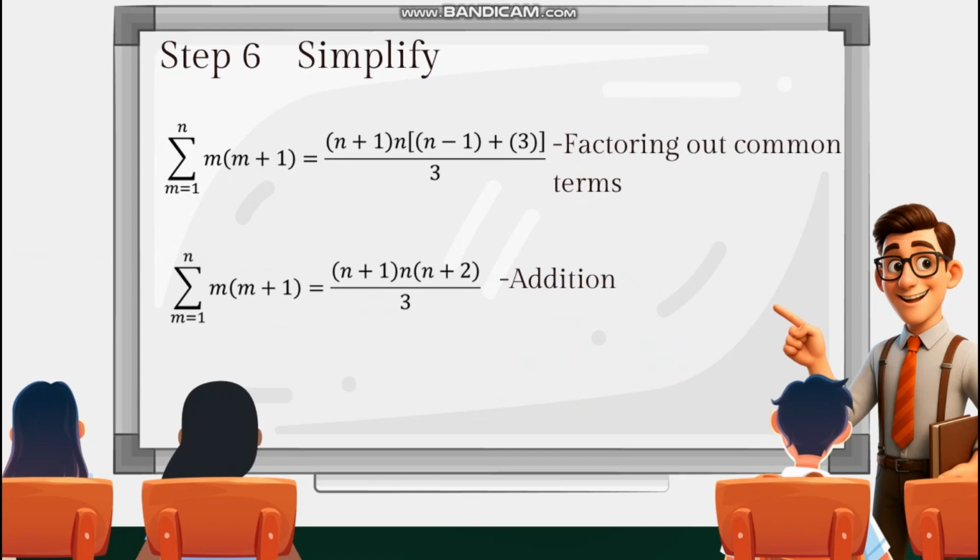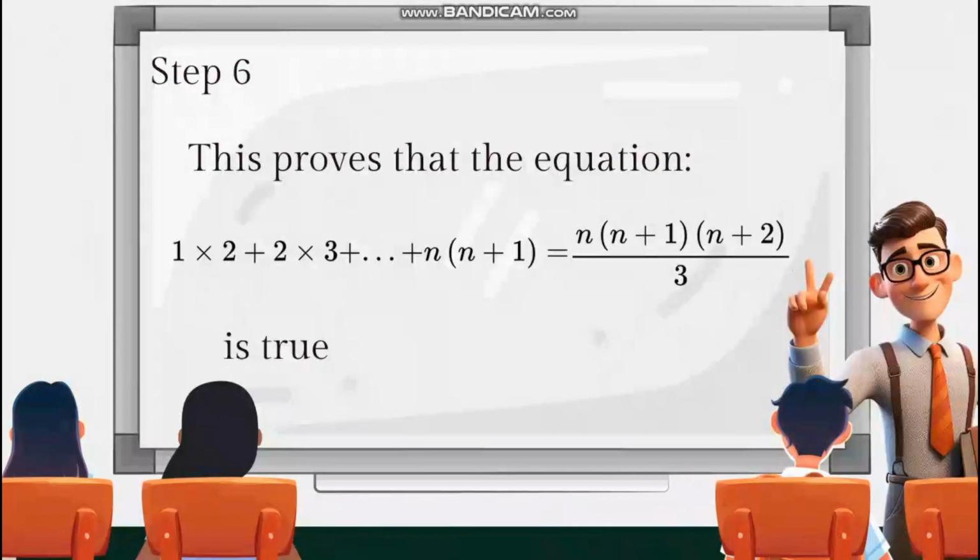Factoring it out will give us the quantity n plus 1 times n multiplied by the quantity n minus 1 plus 3 all over 3. We can then simplify it further by addition, and we now have the final equation, which is the summation of m times the quantity m plus 1 from 1 to n is equal to the quantity n plus 1 times n times the quantity n plus 2 all over 3. This proves that the equation 1 times 2 plus 2 times 3 plus ellipsis plus n times n plus 1 is equal to n times the quantity n plus 1 times the quantity n plus 2 all over 3 is